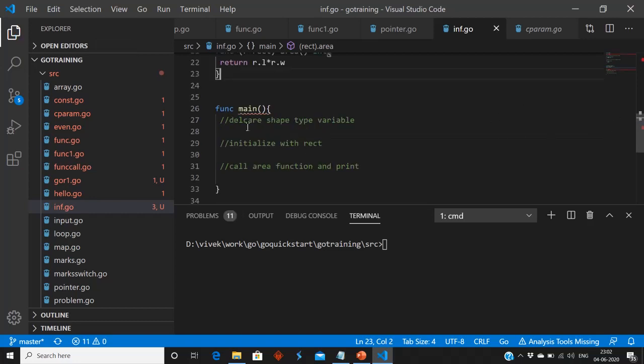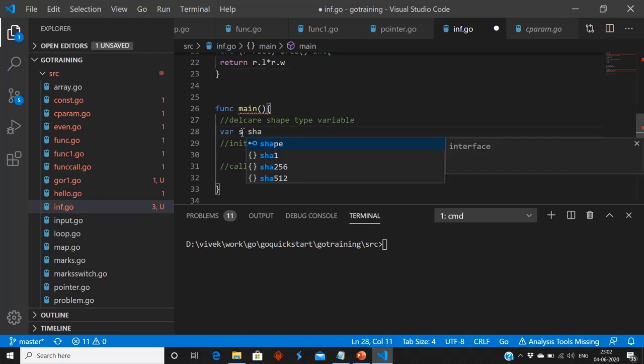Now we are going to declare a shape type of variable. Now we are going to assign rect to shape: rect 20, 10. 20 is length, 10 is width.